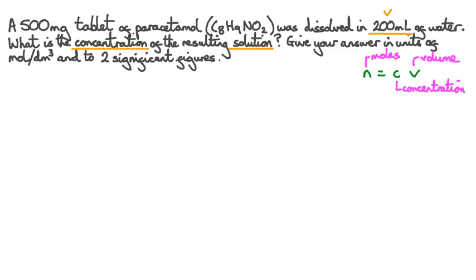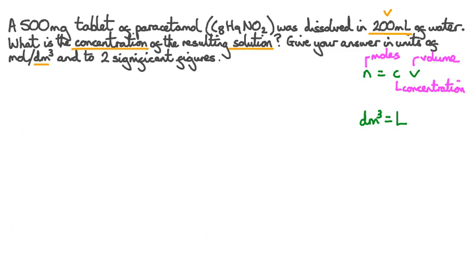We're given the value of V, volume, in the question as 200 millilitres. However, the question specifically asks for our answer in units of moles per decimetre cubed, so we're going to need to do some unit conversion. Remember that decimetres cubed are exactly the same as litres, so you can imagine giving our answer in units of